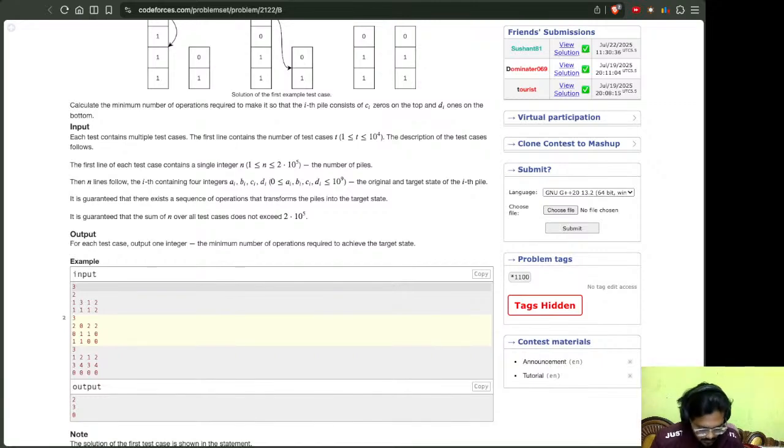Now we have taken the input of a, b, c, d. I have a, b, c, d, right? So what I need to do, let's check, iterate. Cost everything, if